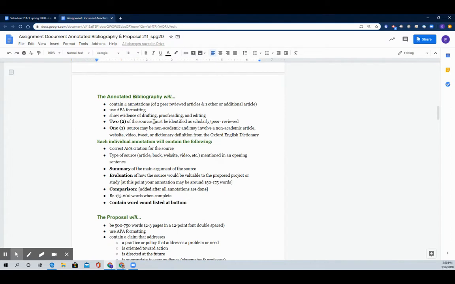There's an overview of what the annotated bibliography is and what the proposal is. In a nutshell, oops, I left this one out. Missed a correction. You do a total of 3 annotations, and you do a proposal, which is a very short paper that's going to propose a change. The paper is really short because the research part takes a while, and we're going to focus mostly on getting it correct, using correct APA citation, learning how to use the databases, learning how to get research into a paper.